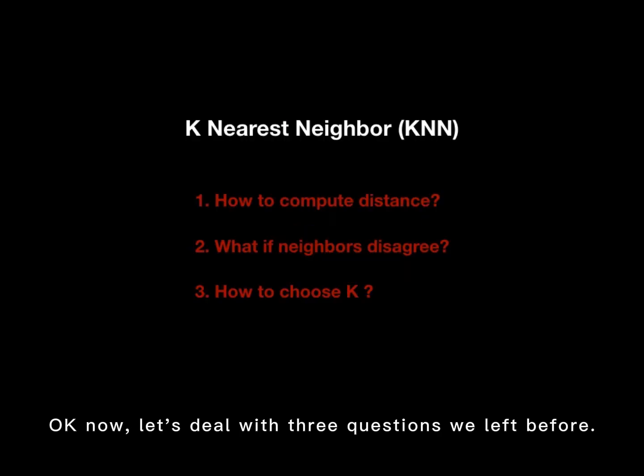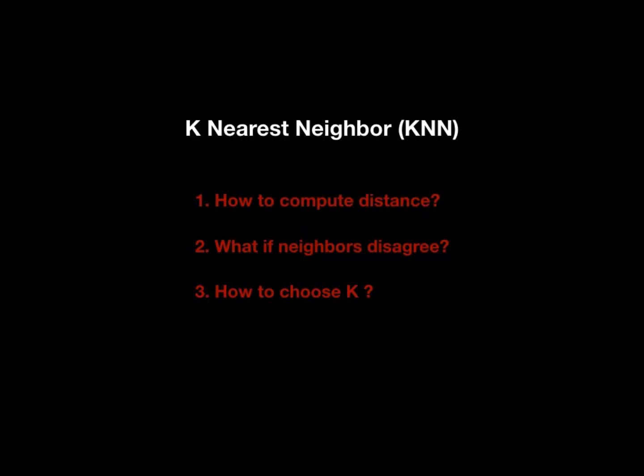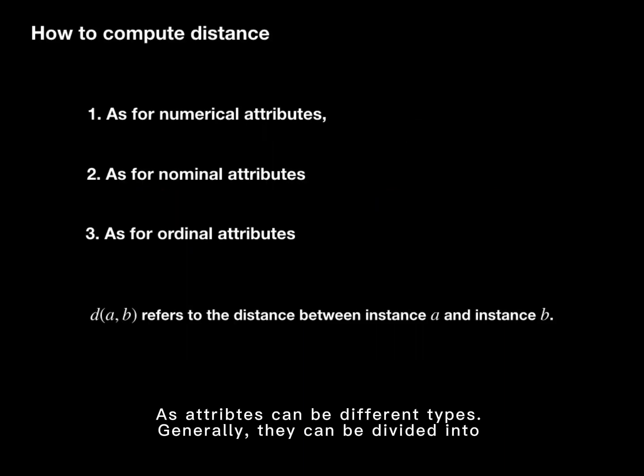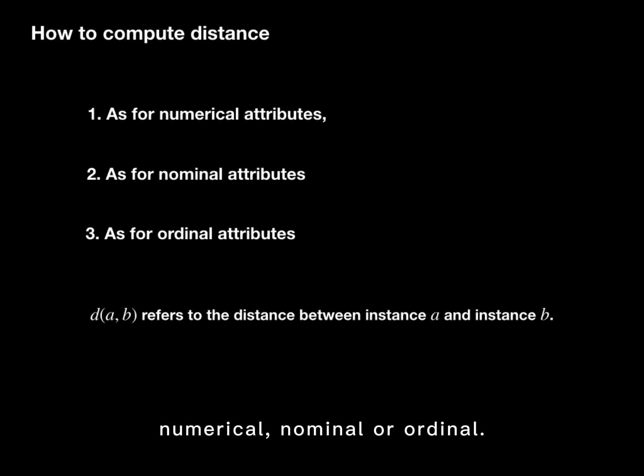Okay, now let's deal with the three questions we left before. The first, how to compute distance. As attributes can be different types, generally they can be divided into numerical, nominal, or ordinal. For example, as for